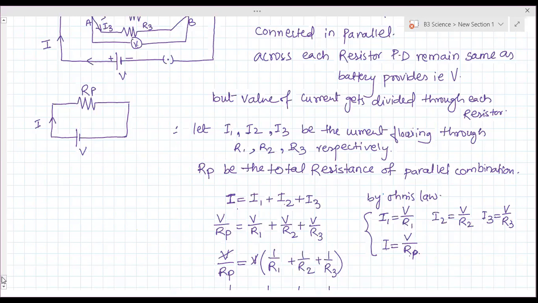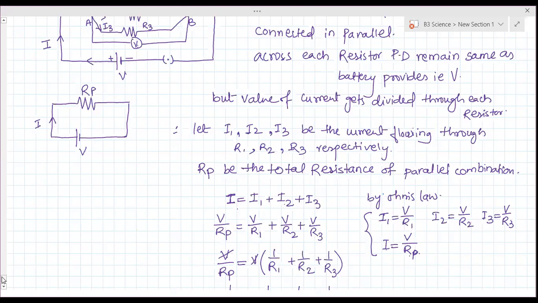Just like in a series bulb, we know that all the bulbs should glow at a time, right? Yes, ma'am. So in that place we don't want different switches for each and every bulb, because whenever we are using them, we have to use all together. So therefore, instead of parallel, we use them in series.